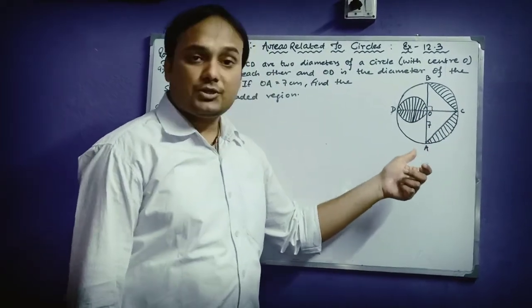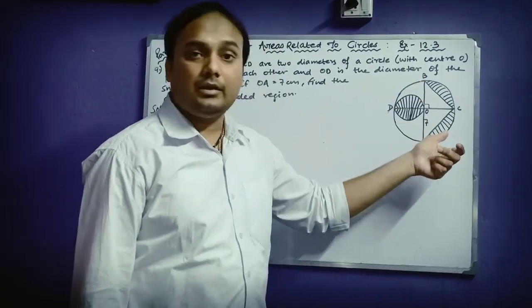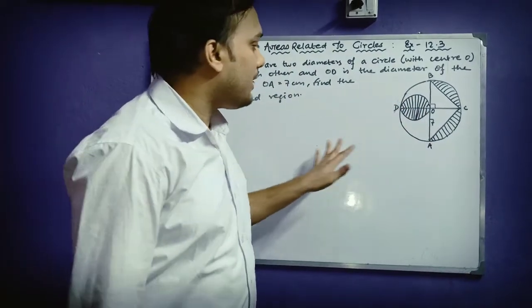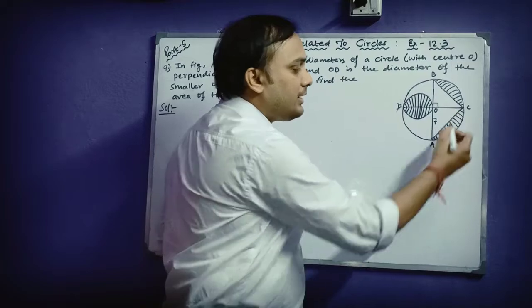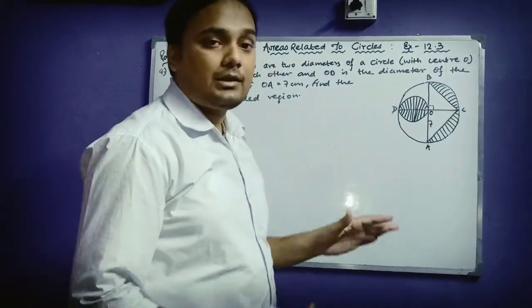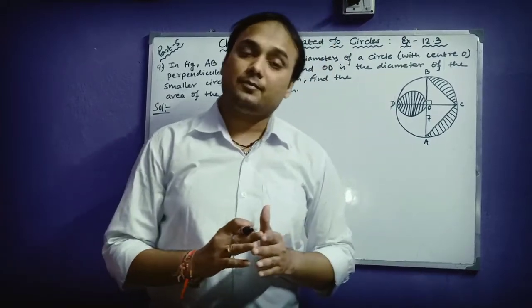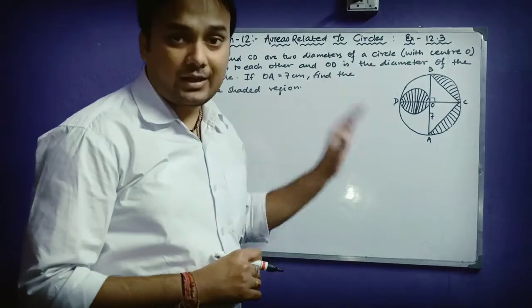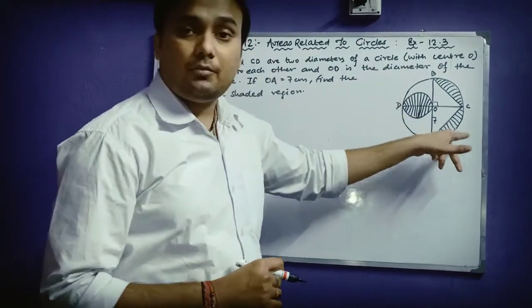But now the next question arises, how will I find the area of this triangle here? The area of the triangle can be found by the formula half into base into height, where OC can be taken as the height and BA will be acting as the base. As we know, there is a relationship between base and height, which is that both should be perpendicular to each other, and here in the question it is already given that AB is perpendicular to OC.